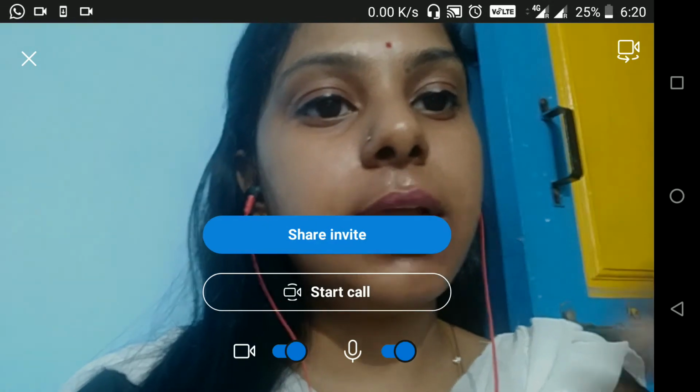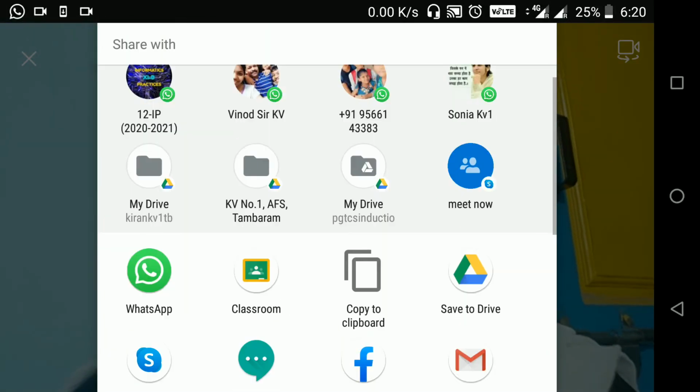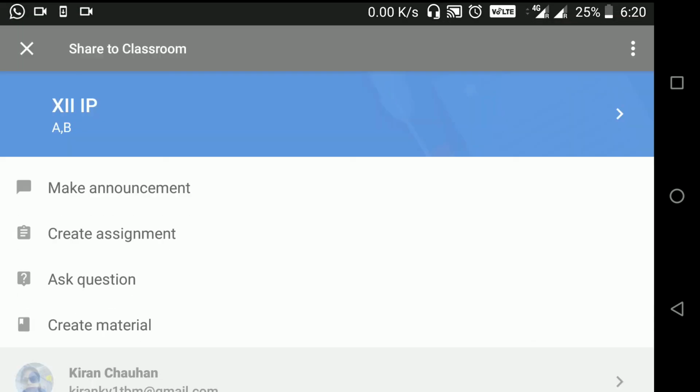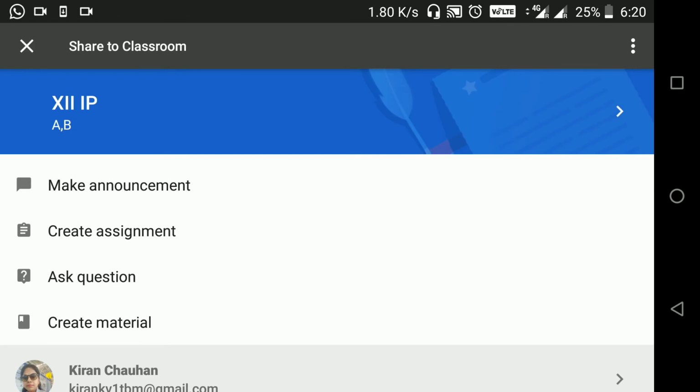Click on share invite. You can see that so many options will come in front of you. WhatsApp, Classroom. You can share the link using WhatsApp. You can share the link in Google Classroom also. So I am going to explain Google Classroom. When you click Google Classroom, you will see that one of my classes appears as 12th IP.